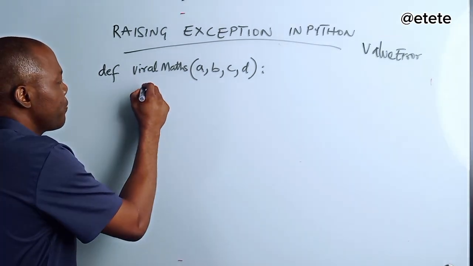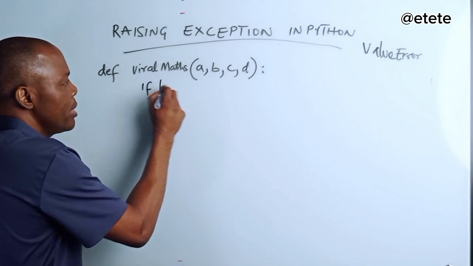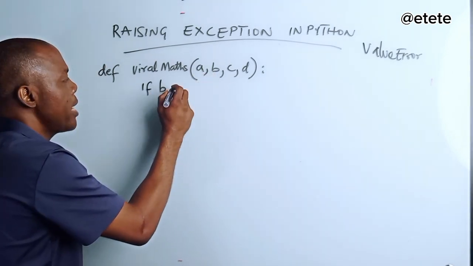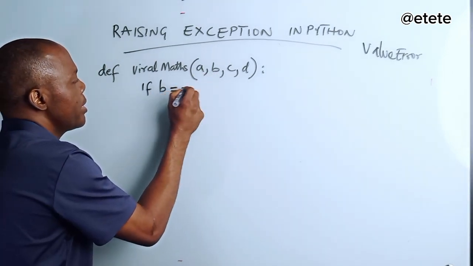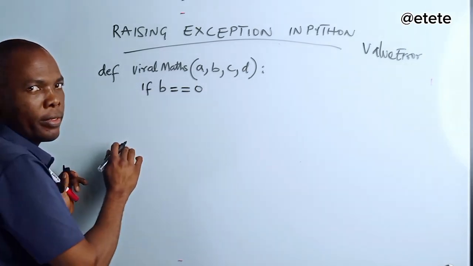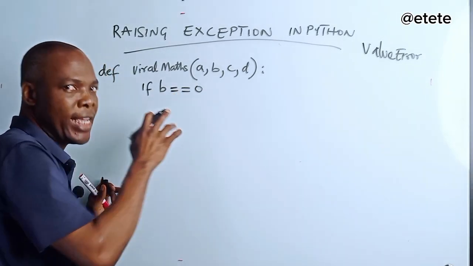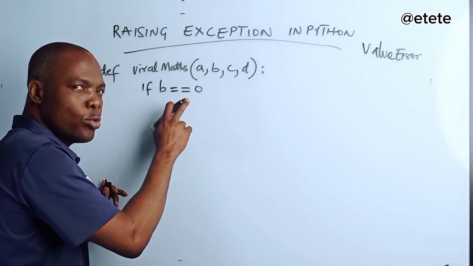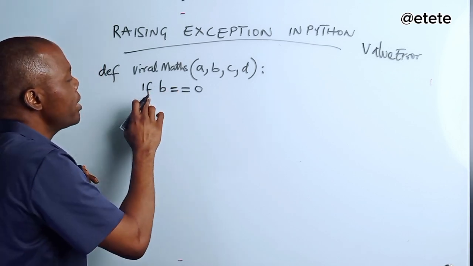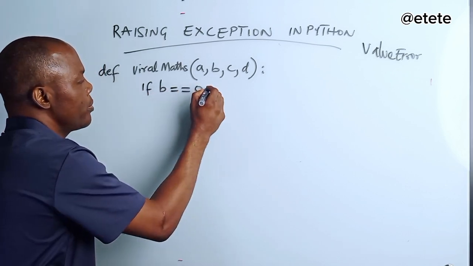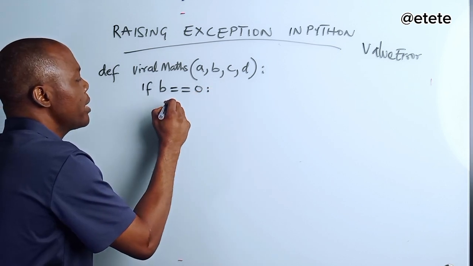So I will say if B, which is this B, equals to what? 0. Now, this is equal to, this is not assignment. One of it is assignment operator, but these two means equals to operator. If B equals to 0, go in and raise